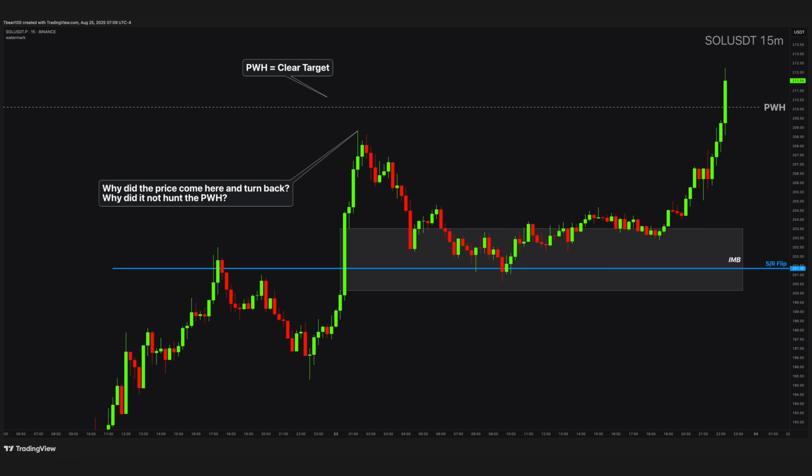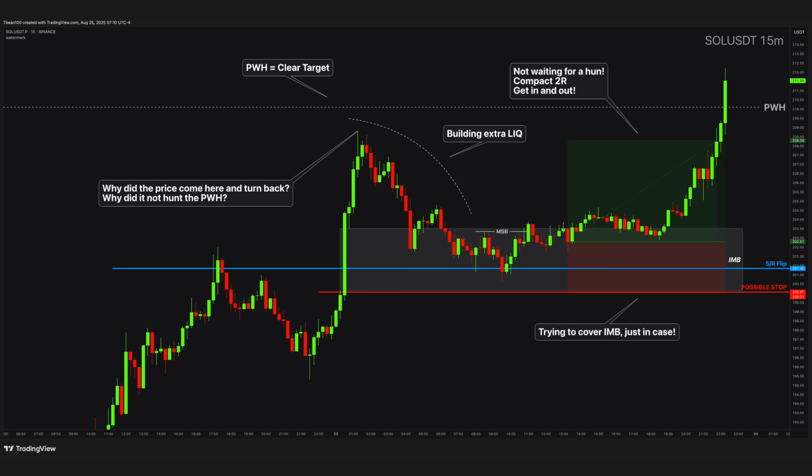Why did the price reach this level and turn back? Why did it not continue to hunt the previous week high? These are the important questions that we need to ask and analyze carefully. You can see that it builds an extra amount of liquidity right before attempting to hunt the previous week high. And you can also observe these microstructure breaks giving a nice and compact 2-hour setup with the possible stop loss